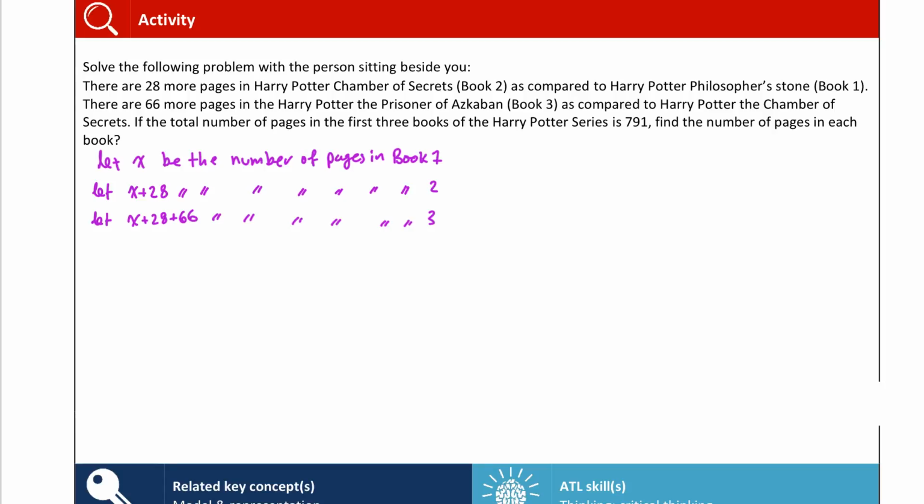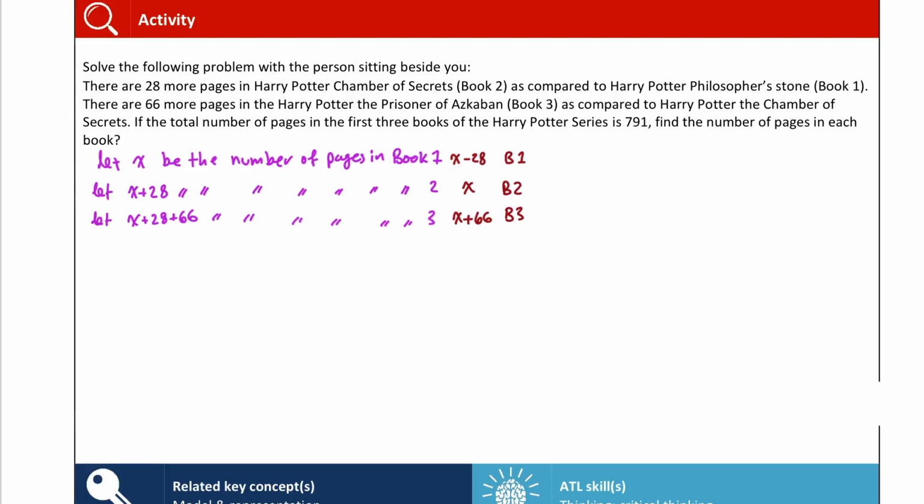Now note here, I could have done this differently. I could have said that the number of pages in book 2 be x. So actually I'll write that in red so you can see that. I could have said let x be number of pages in book 2, x minus 28 be the number of pages in book 1, and x plus 66 be number of pages in book 3. And that should yield the exact same answer as what I will get using this set of values,